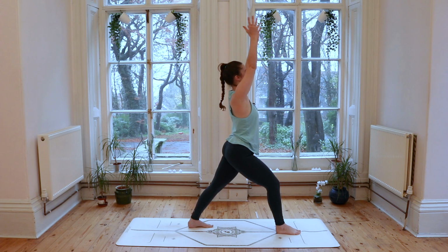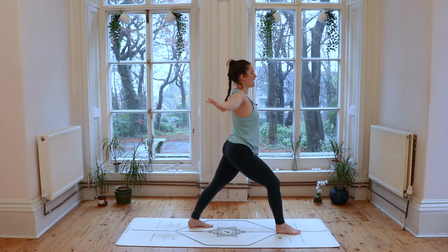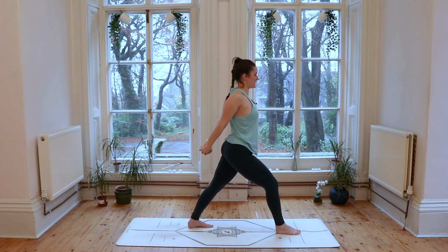Inhaling as we reach the hands all the way up to the sky. Exhaling as we bring those hands behind the back of the body, squeezing the shoulder blades together as we interlace the hands. Getting ready here for our humble warrior, either staying here if this is where your body wants to